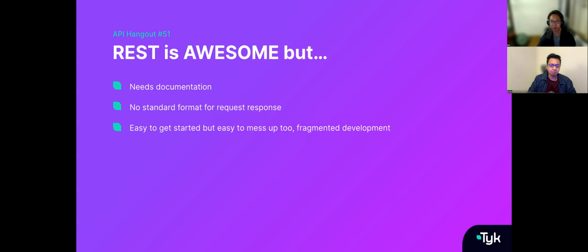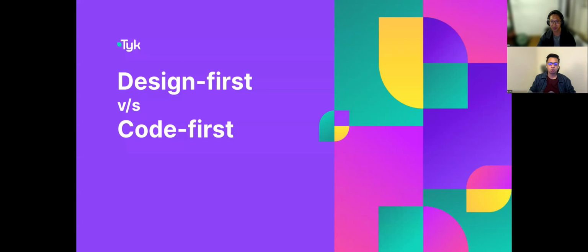With all of that in mind, what I thought we would do is go into a quick overview of what design first versus code first means. These are two very important paradigms that came into existence because of varying styles, varying opportunities that we saw while developing APIs or applications in general, where one approach, the design first approach, took the approach of, okay, let's design things first. Let's make sure that we've got a good blueprint before we start building things.